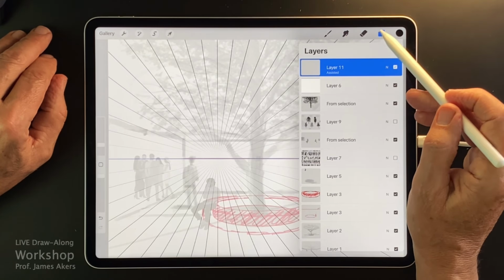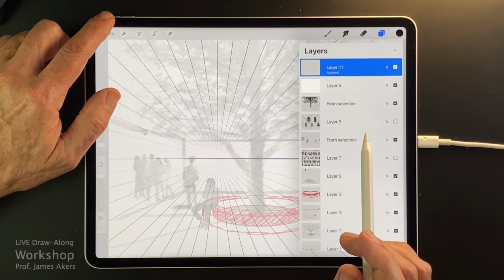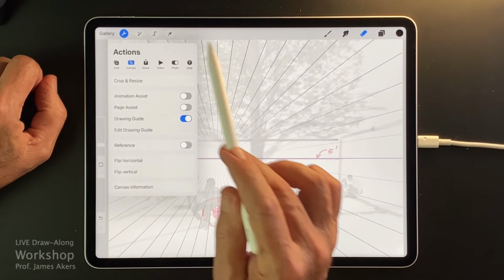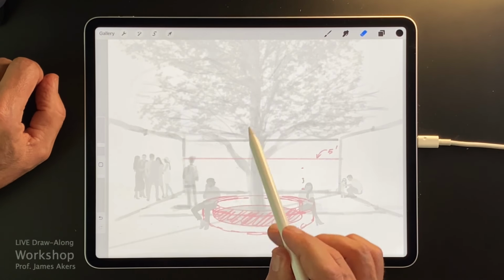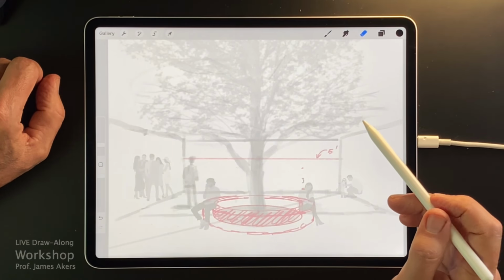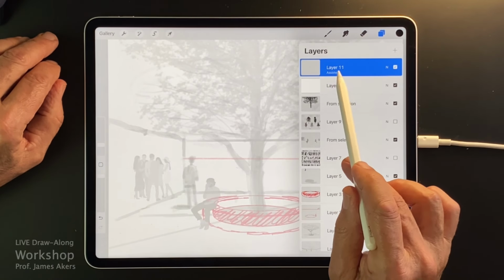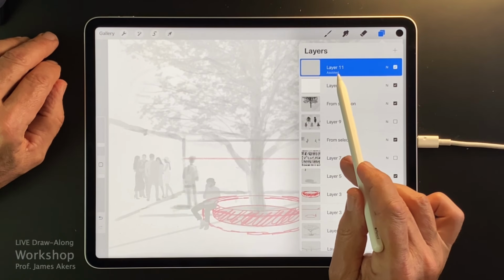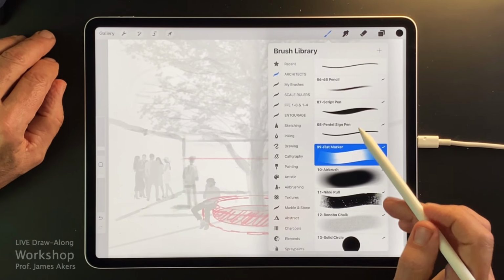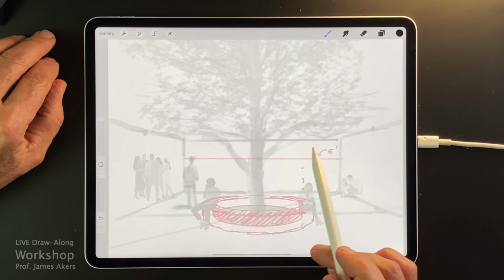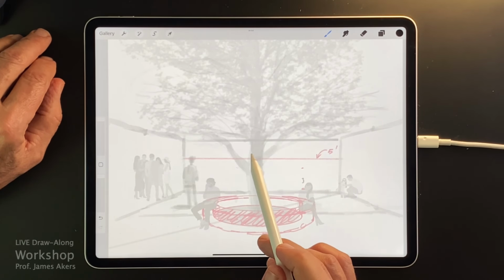And let's see, that's working, but I don't want that grid to be there because I find that very distracting. So I will go into the wrench menu and turn off the guide. Now that doesn't mean the function of Drawing Assist has gone away, it just means that those very strong lines have gone away. So now this layer is assisted. None of the others say that, so that means this is the one that's going to be easier to draw on. And this time I'll go to my pencil, and I'll start fleshing this out a little bit. I'm going to go right over the tree and right over the people, and then we'll fix that later.